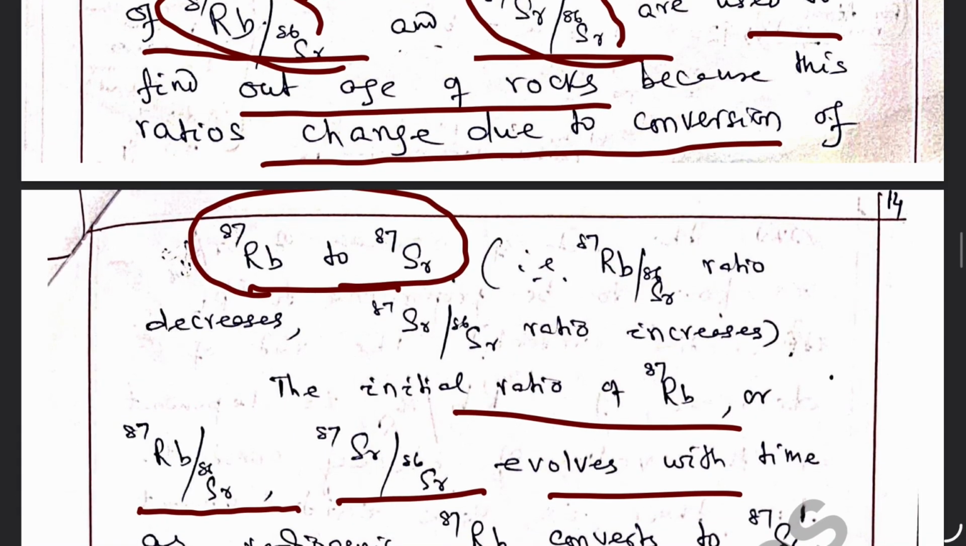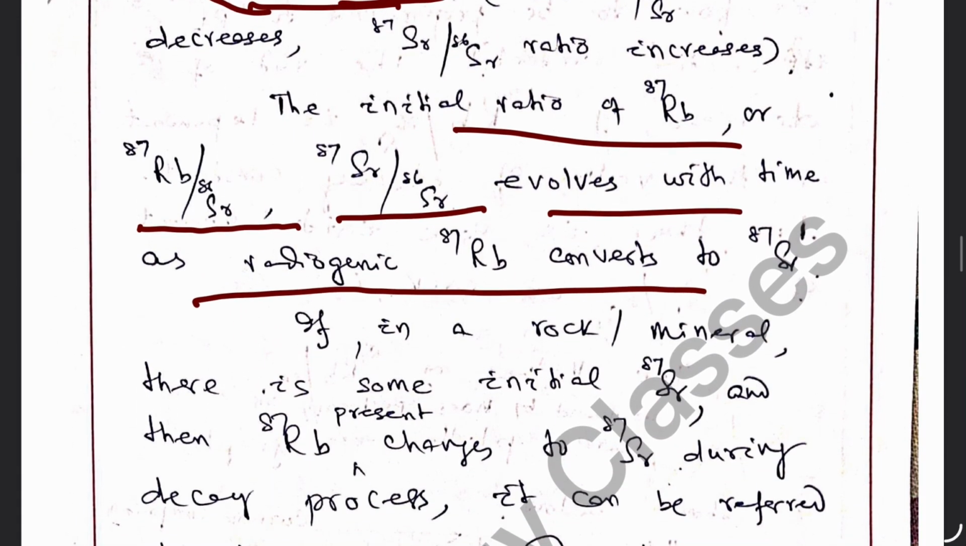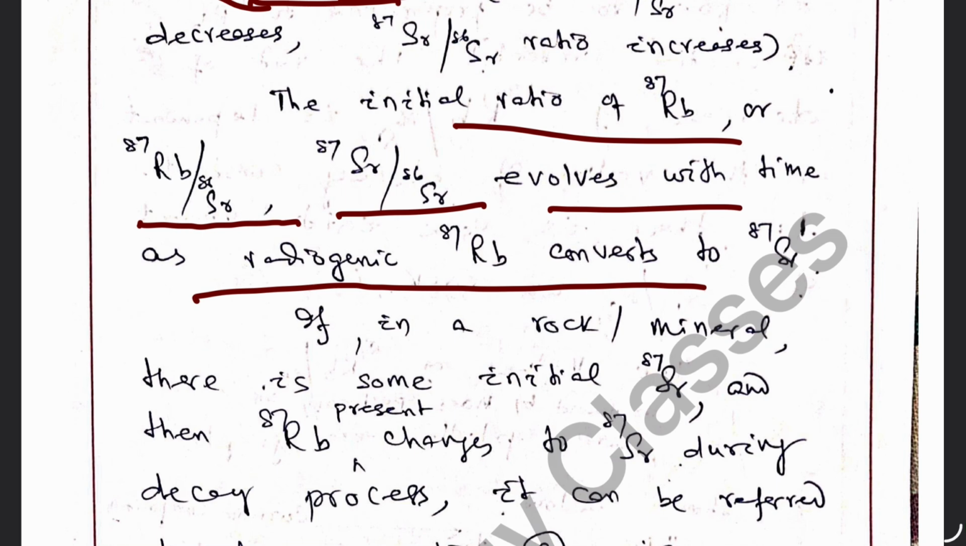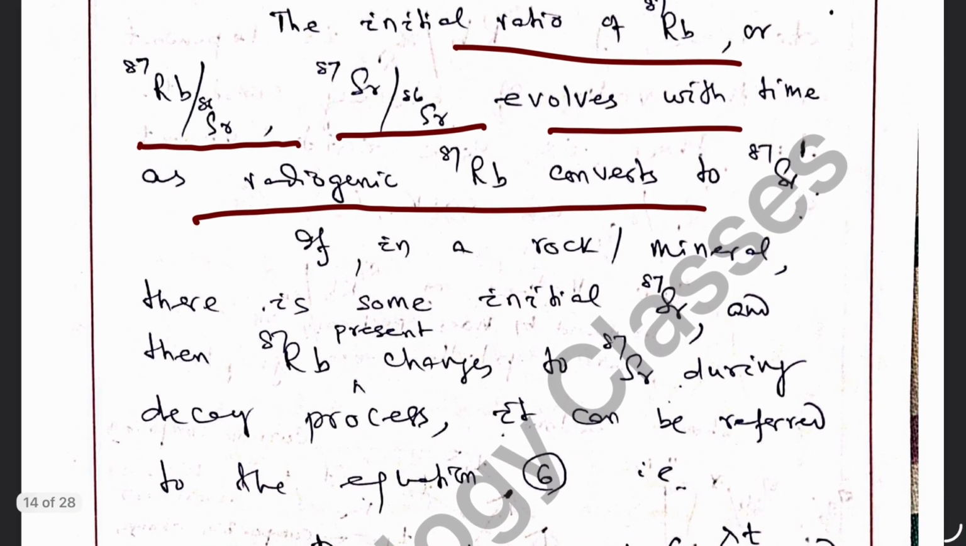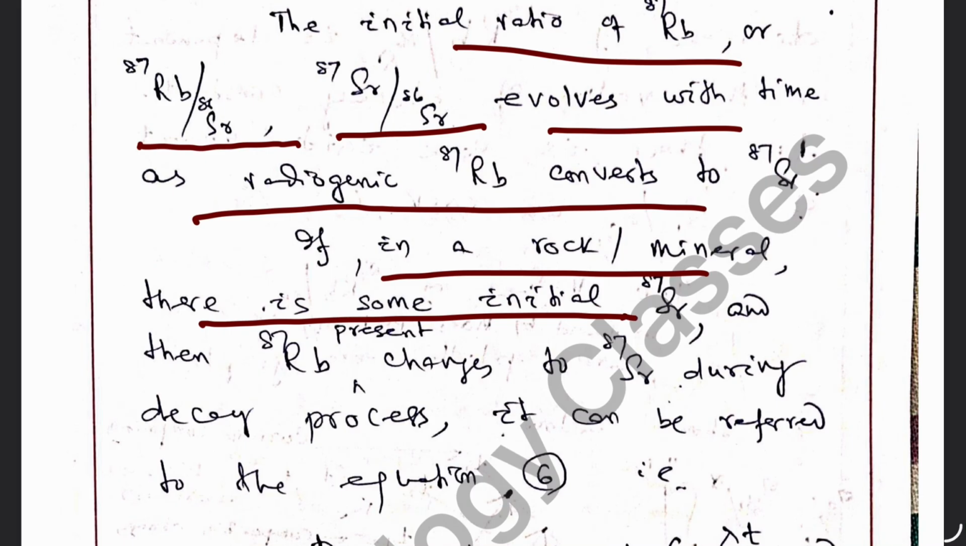Then by this we can calculate how much has been the conversion, by taking into account the half-life period of rubidium-87 conversion to strontium-87, and by this it is possible to find out the age. If in a rock or mineral there is some initial strontium-87 and then rubidium-87 present